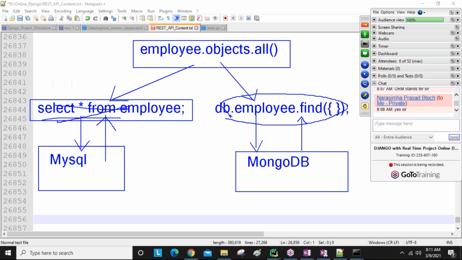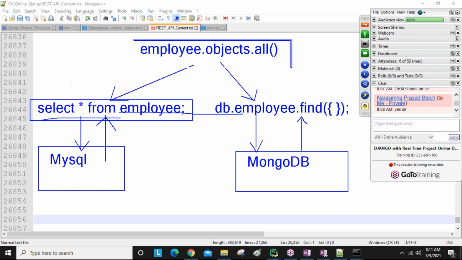But if you are using Django, we are not writing these queries. Simply we write this query, so this is common to all the databases. No need to change the queries. Simply in the database settings, we give which database it is, MySQL or Mongo. One time only we change the settings. Enough.